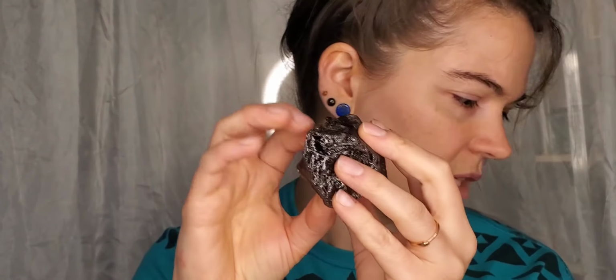So this is my big chunk of smoky quartz, and I actually went to a metaphysical shop in... Was this in New Mexico or in Colorado? I was on tour with my friend when I bought some of these crystals. And I went to this metaphysical store and they had like a big basket of them sitting on the table. So I kind of took all of the